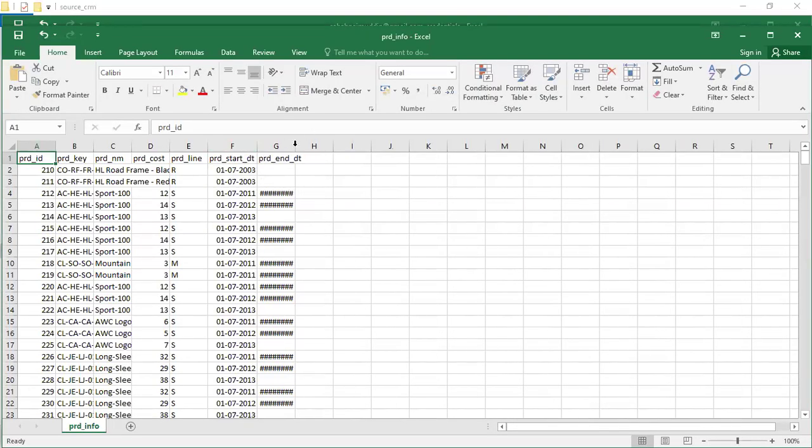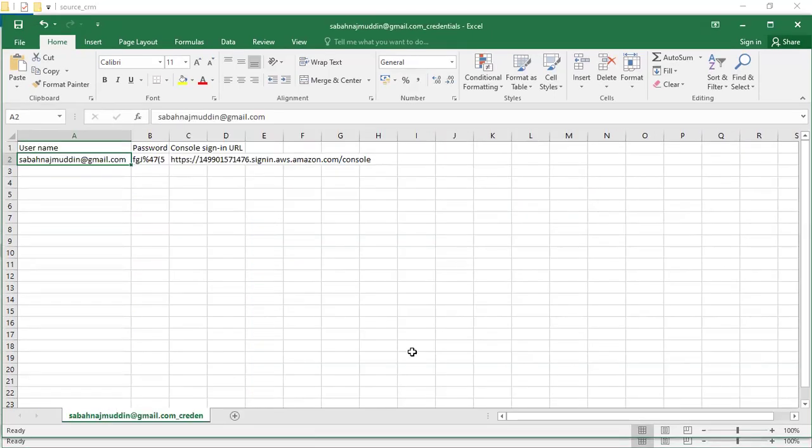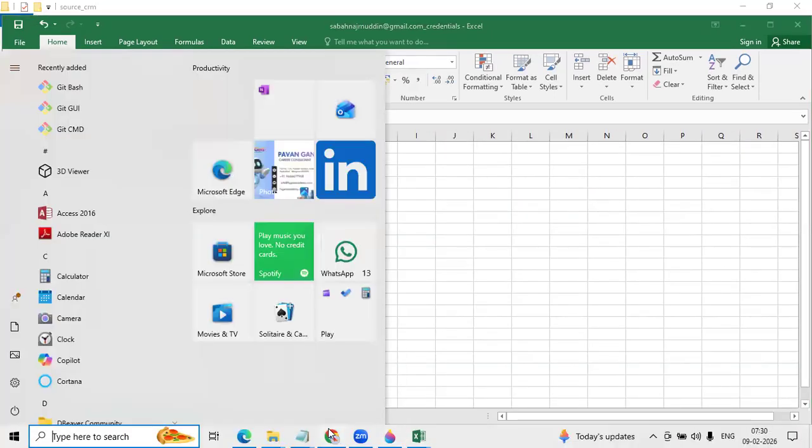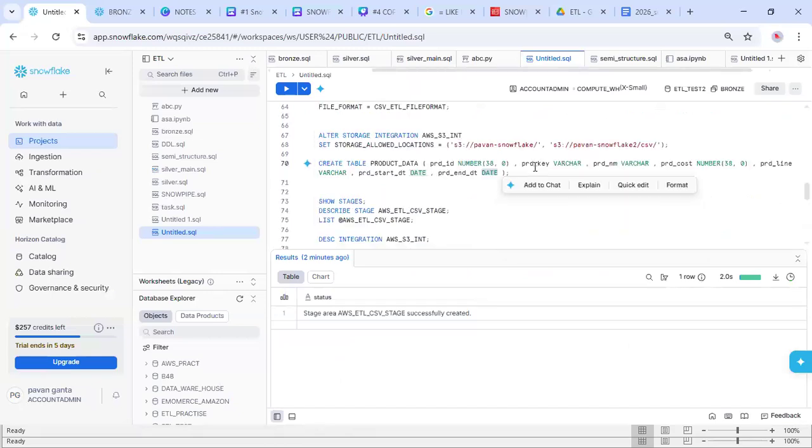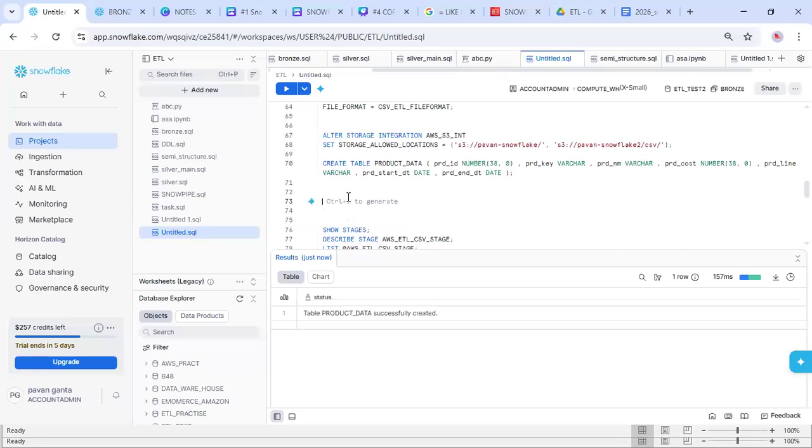Here the date format is different. Whatever the format I have mentioned, it is completely different there. Now let me try to load data. We'll get errors. Okay, so I have created this table. Now let me use copy into